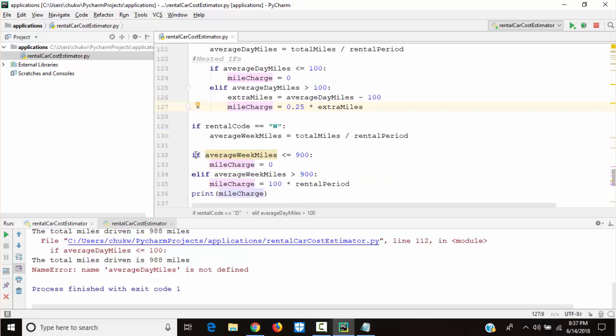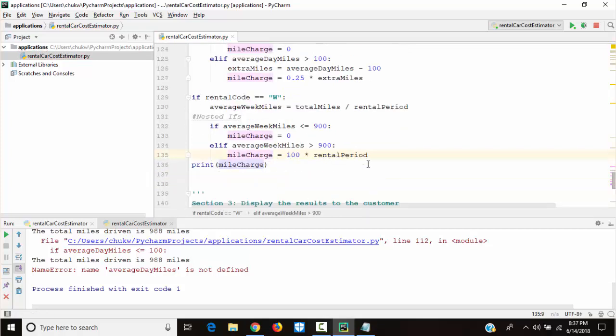And the same thing here is nested ifs. The same thing applies to the W. Then we'll indent this. Make sure you indent it well. And then we now print the mileCharge.